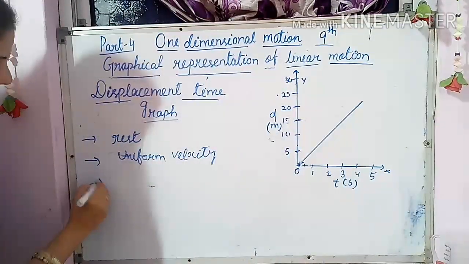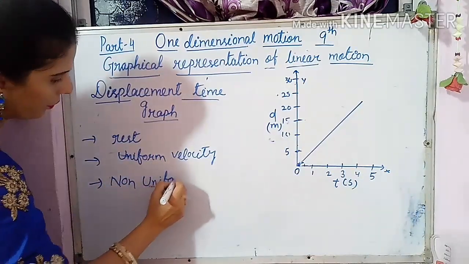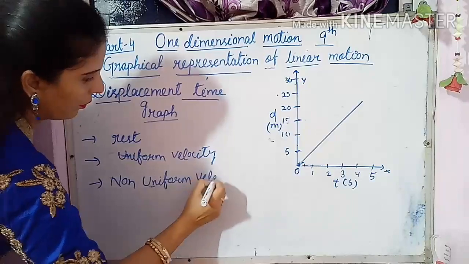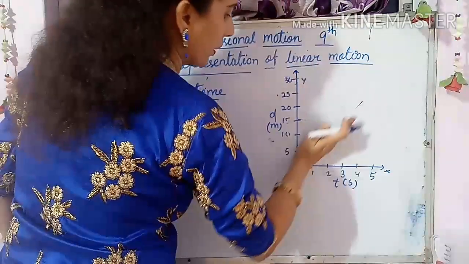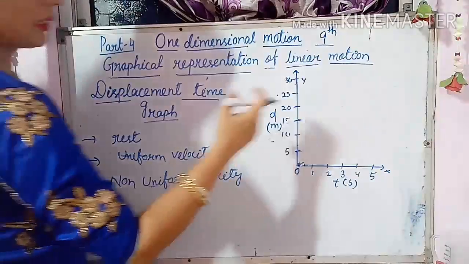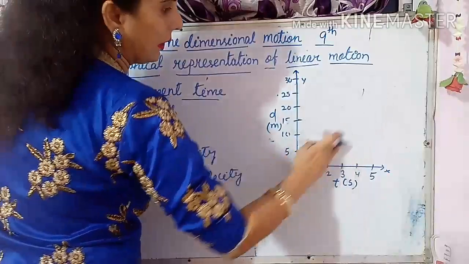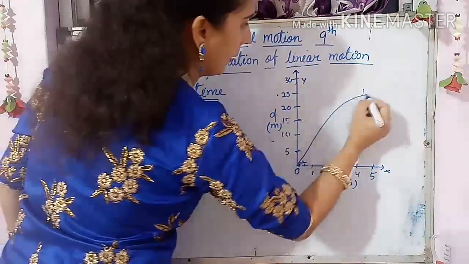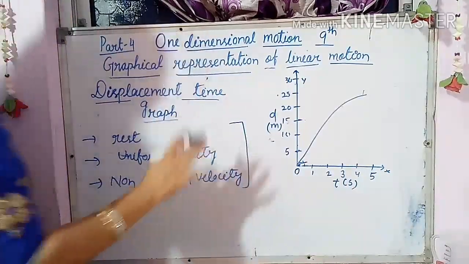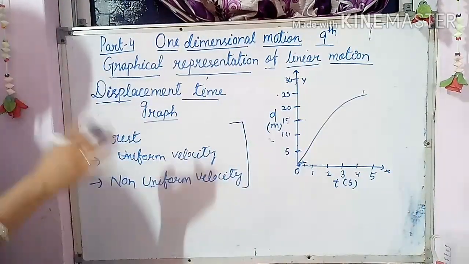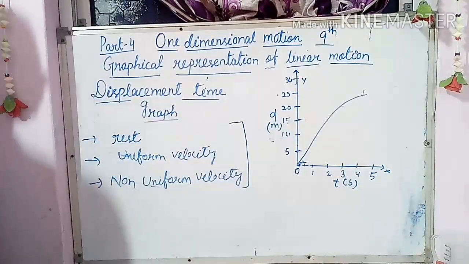Now the third condition I taught you that time, non-uniform speed. Here it is the non-uniform velocity. So like this only your graph will come. If two conditions are there, if your distance increases, that time it will come like this graph. If your distance decreases, your graph will come like this graph. So two conditions, the same thing in case of velocity, only direction is attached. Now go to the next graph, that is the velocity time graph.